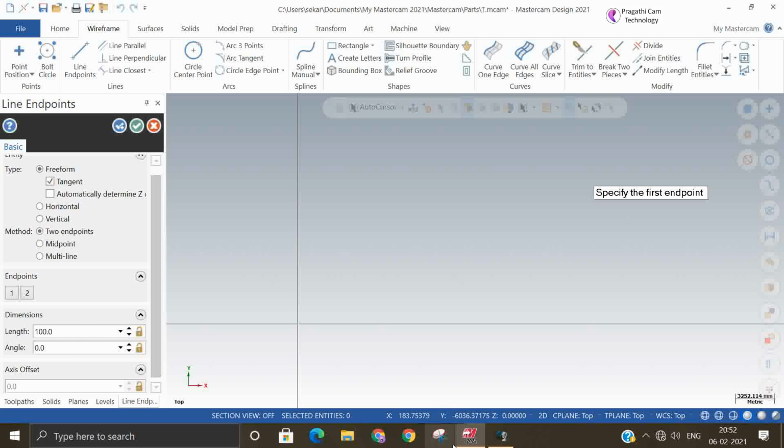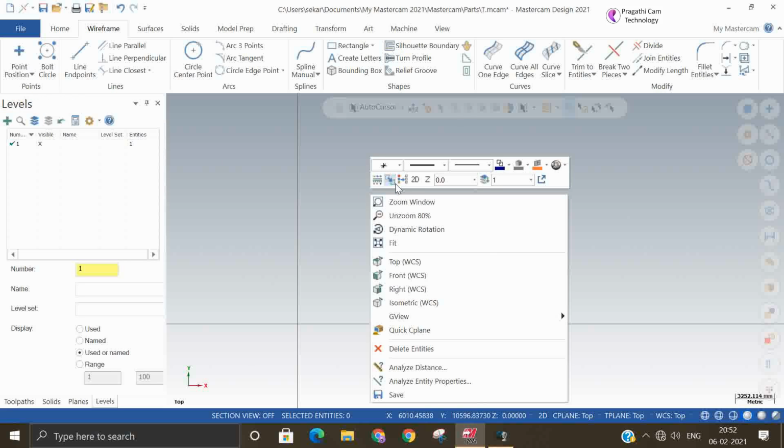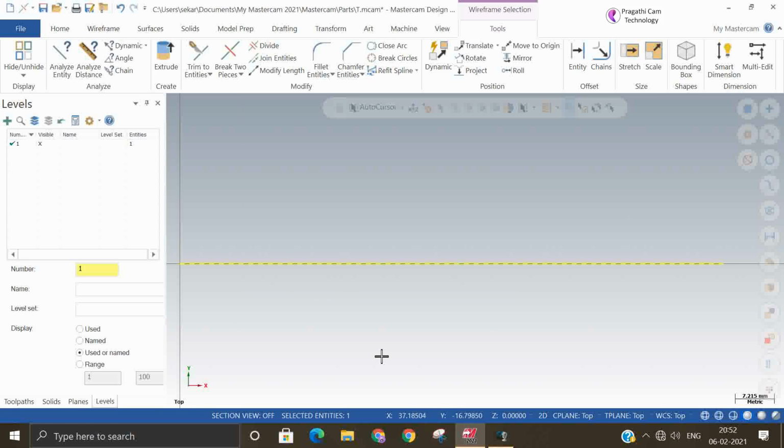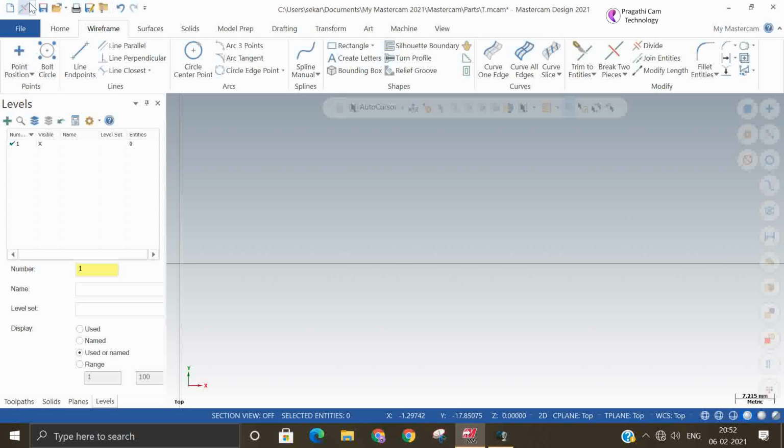Okay, I'll make one line here. Fit. So I just made it just to show you the zoom factor less.